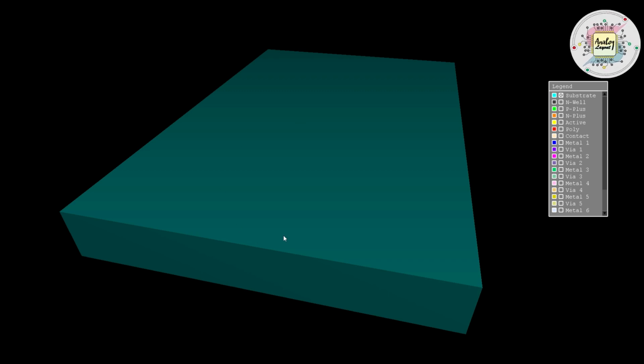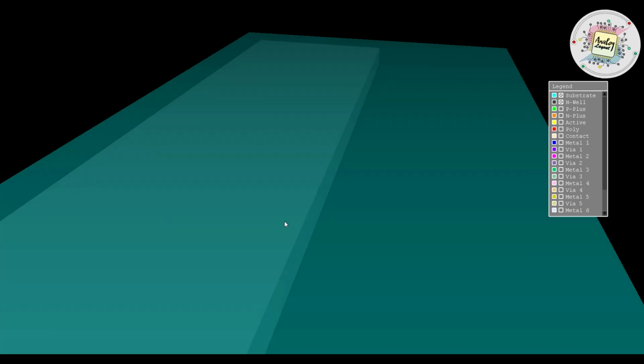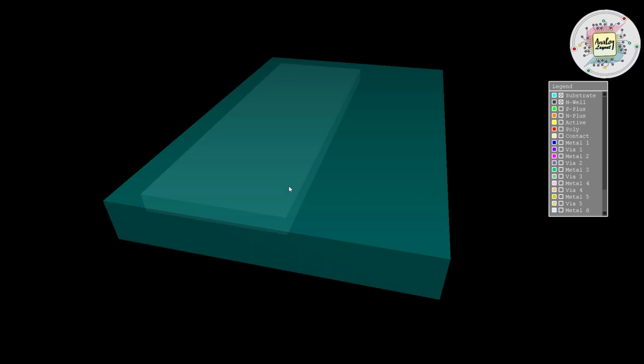After fabrication of this P substrate, we fabricate the second layer, which is our N-well layer. The N-well layer is not formed on top of the P substrate layer. If you take a closer look, the N-well layer is buried inside the P substrate. You should understand this very clearly: the N-well layer is not formed on top of the P substrate, it is also a part of the P substrate. On the right side is our P substrate area, and inside the P substrate only we have fabricated our N-well. We have completed our two initial steps.